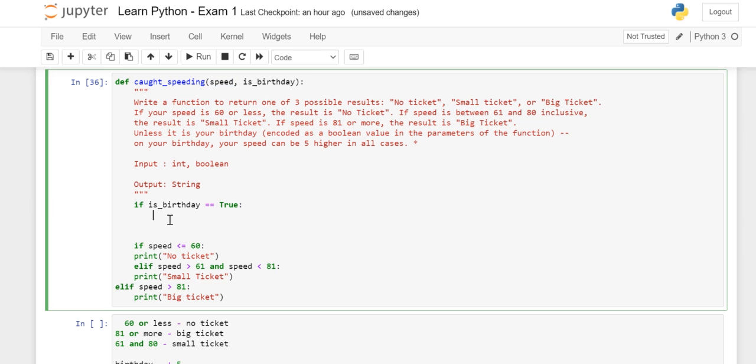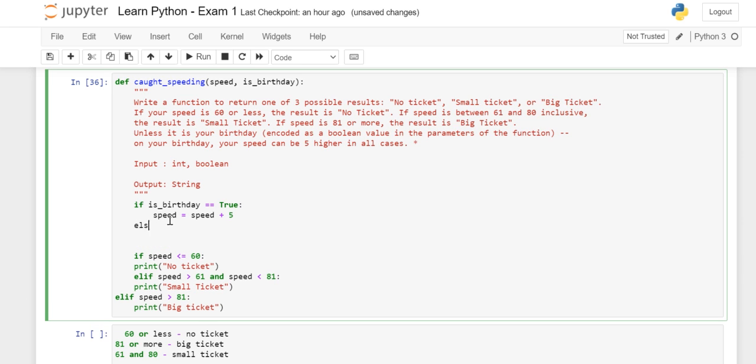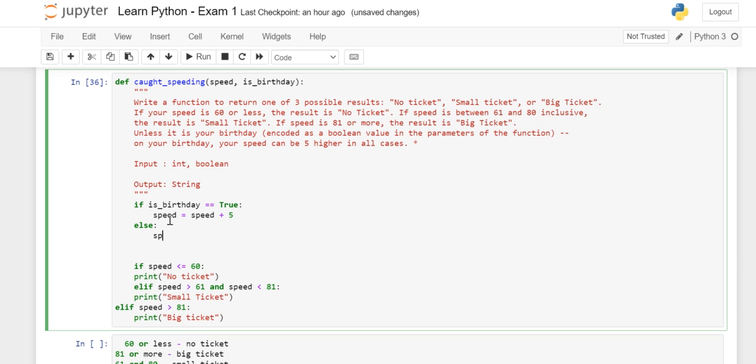So I'm going to reassign the speed value: speed is equal to speed plus 5. Else, the speed will remain as it is. Now this is the first part done.